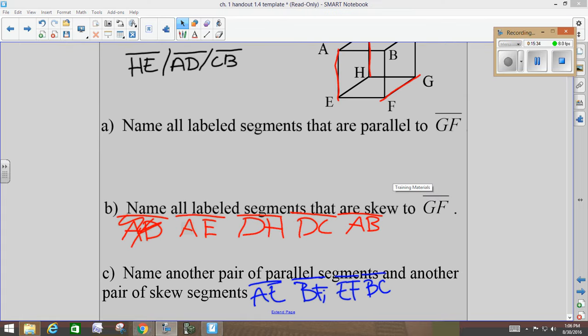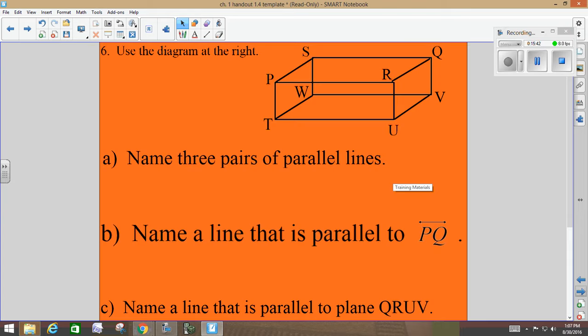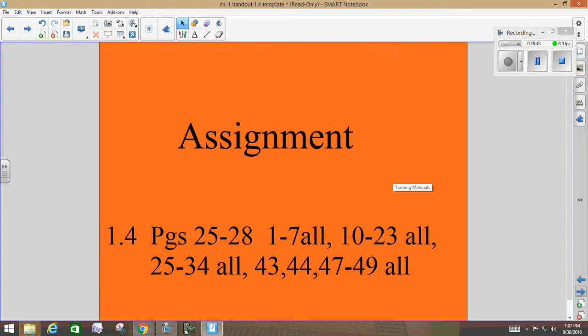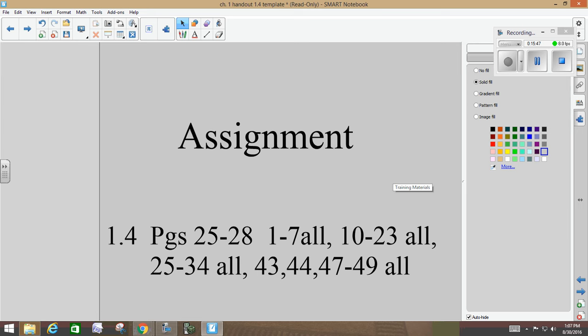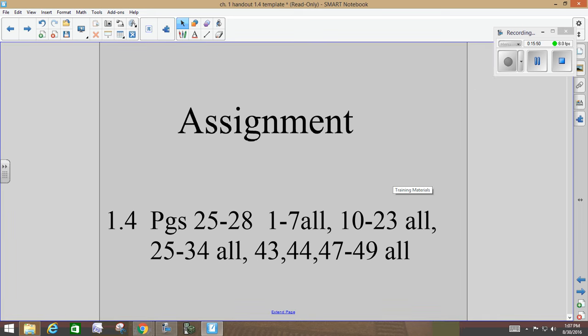Riley Jorgensen, how many endpoints does a segment have? Good. Marcel, how many endpoints does a ray have? Good. Zach, how many endpoints does a line have? Good. Siegfried, parallel planes, intersect or don't intersect? Good. What about parallel lines? What about skew lines? Do they intersect? But are they parallel? Good. All right. You should have enough